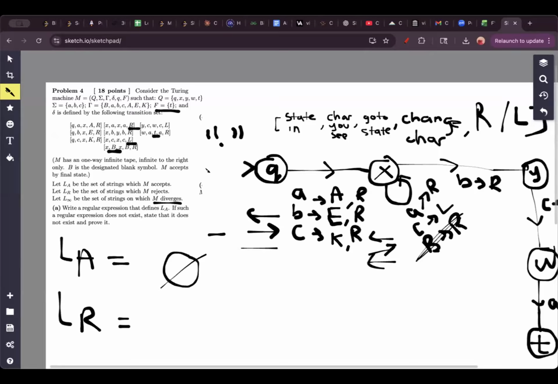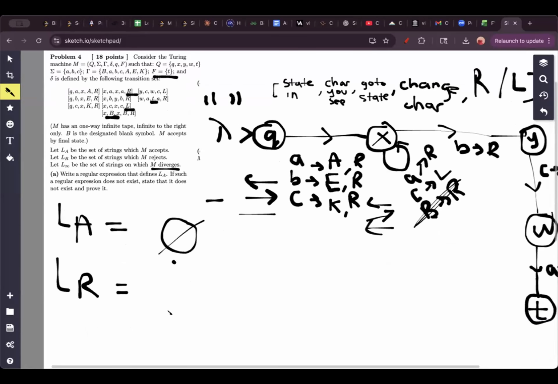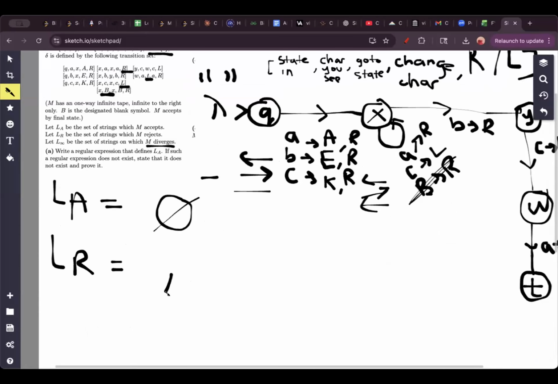The empty string, also known as lambda, right? If I feed it lambda, then the machine wouldn't know what to do with it because it doesn't have any instructions for it. Do I transition to another state? Do I keep it in the same state? Do I diverge on this? So one of the ones that rejects would be lambda,